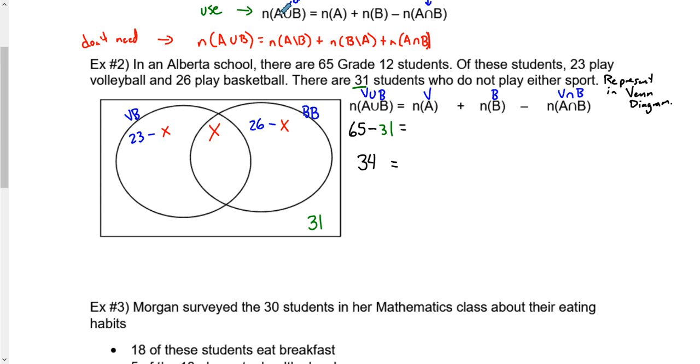And A, how many play volleyball? Well, that's 23. How many play basketball? 26. How many are playing both? Because the sports don't really have a lot of overlap, it's an unknown. So by finishing off our stuff, 23 and 26 make 49, subtract x,